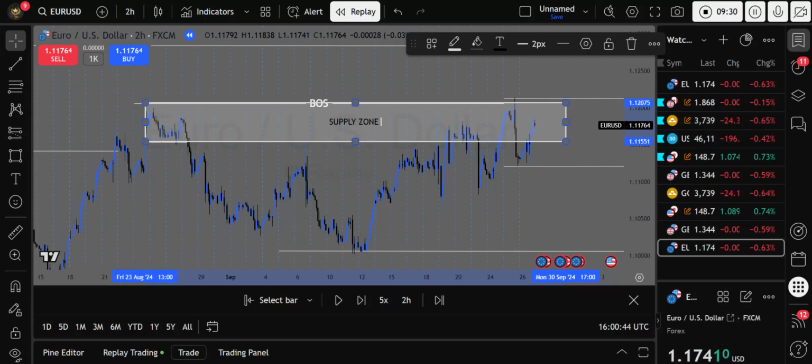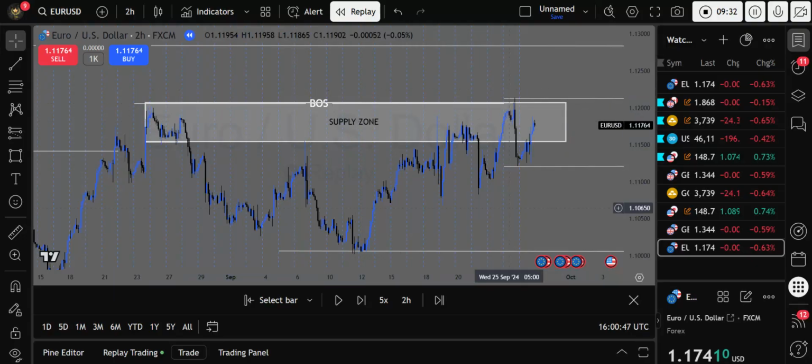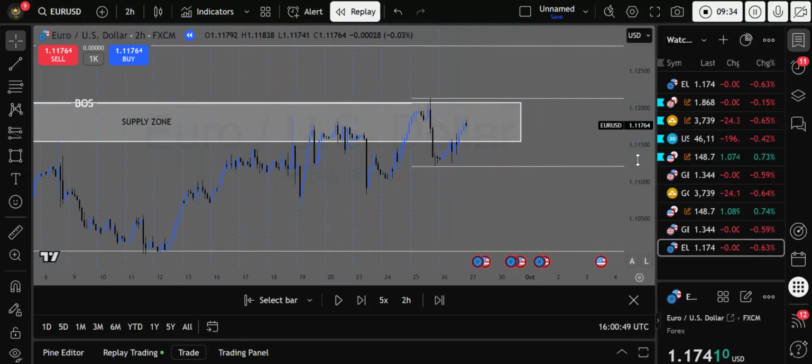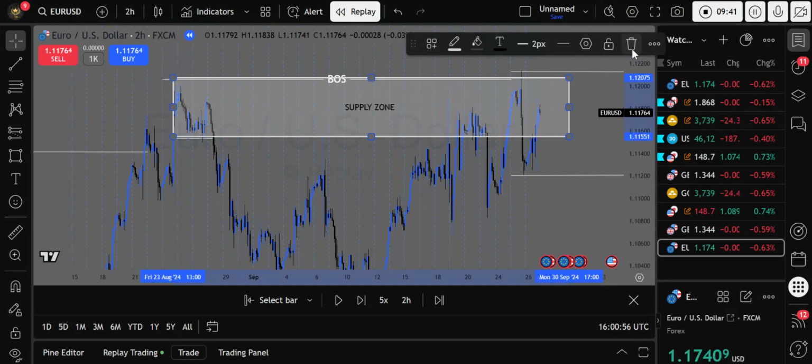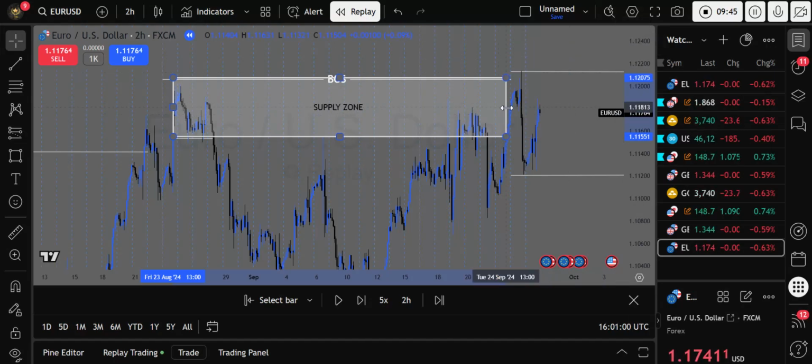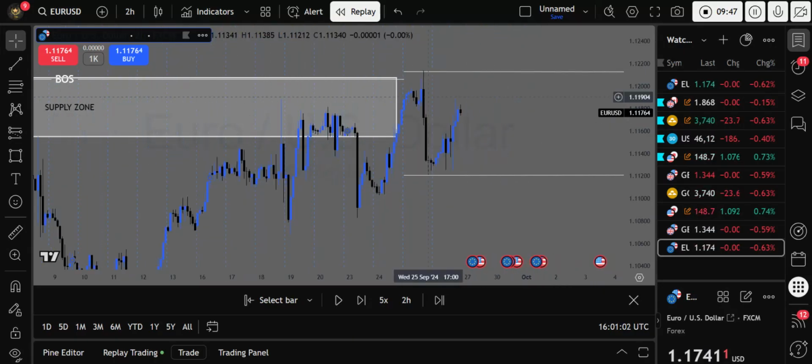Some of you don't believe that if the market liquidates a supply zone, it's not going to be proven or going to work. That's a lie, guys. Since we identified this supply zone, I'm going to remove it, because you can see, right? I'm going to remove it and use the new and fresh